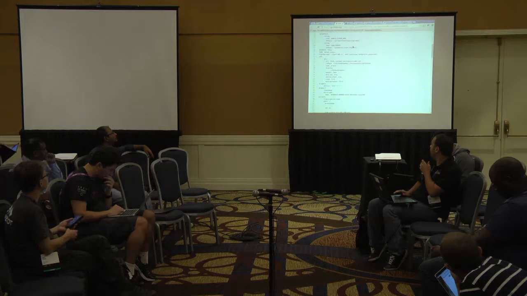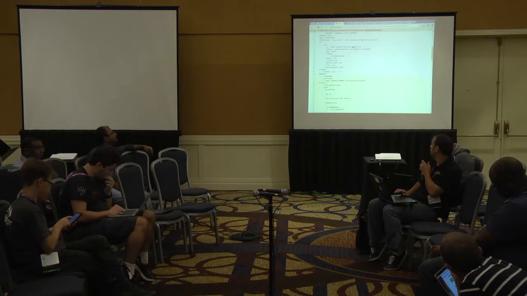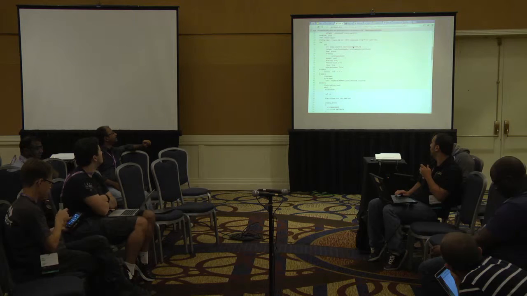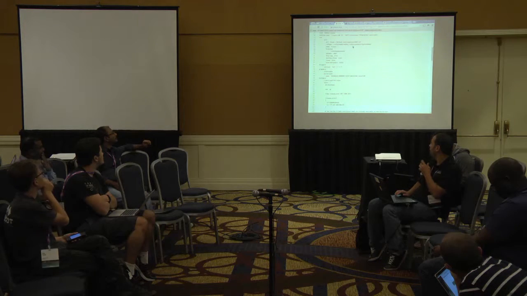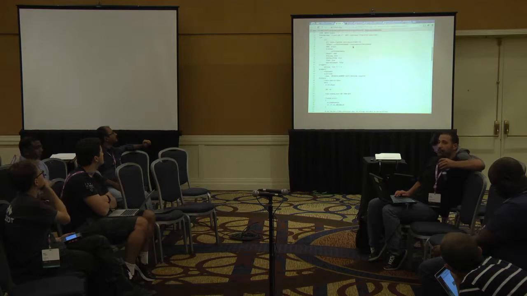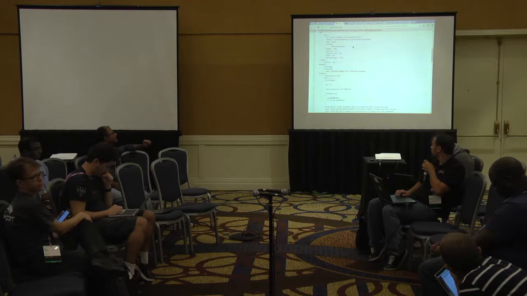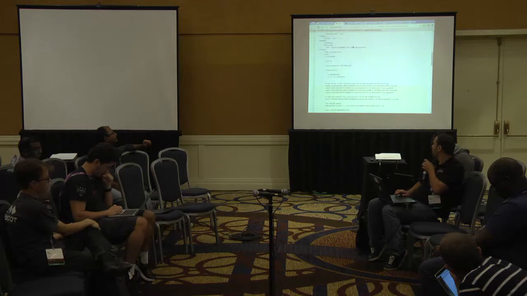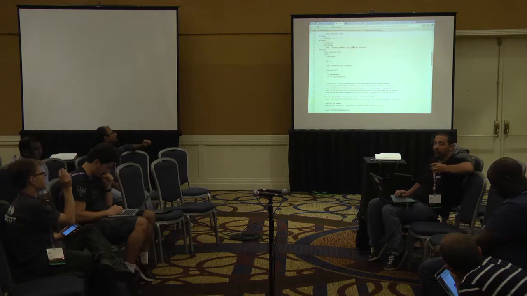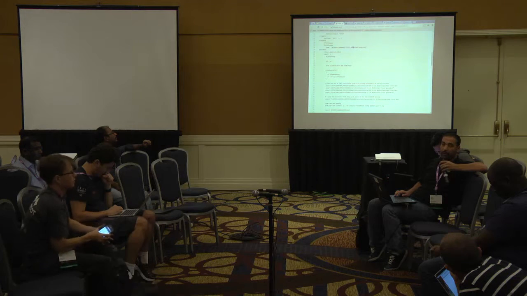For this one, we have a few parameters. Here, we describe which slave we want to use, Docker topic. We are using the Git SCM plugin, so we pull the code from EDK2. The triggers, when it's going to be built, it's a polling